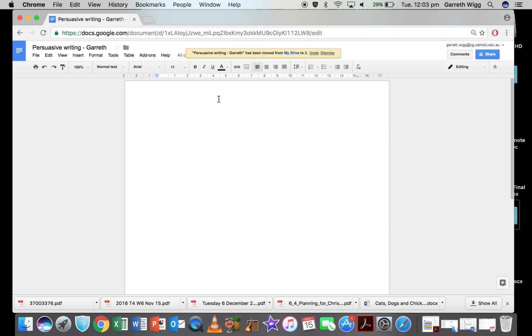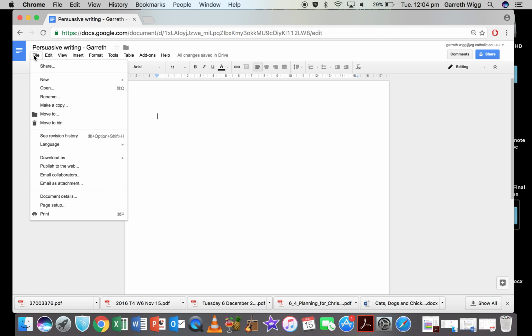If you don't do that all the time, your drive is going to get really, really messy, and you can always move that anytime you want. So let's move that. Have a look at the option menus up here. Again, really similar to Microsoft Word, which makes it really easy to get around. So you've got File, Sharing Options, New if you want to start a new document or presentation,